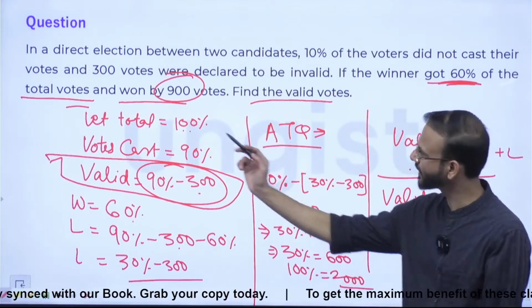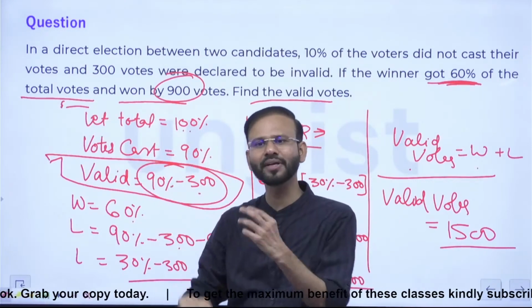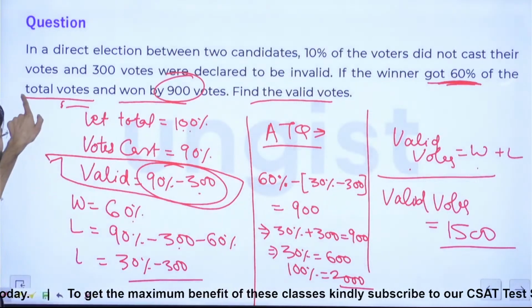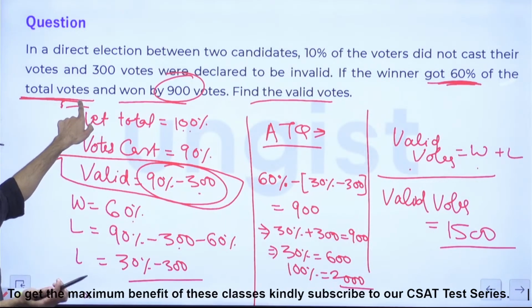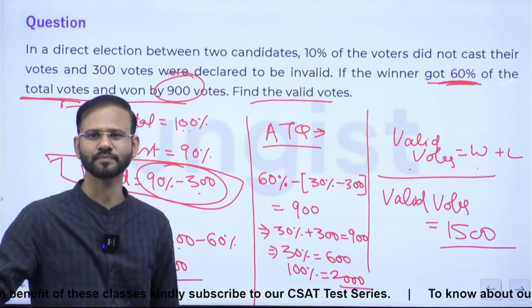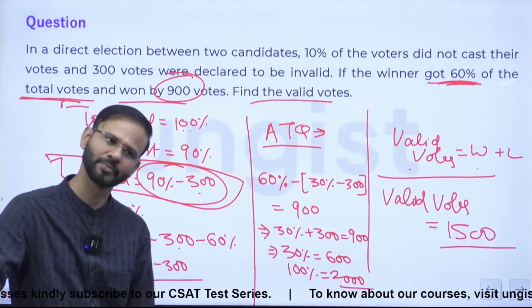ये डिसाइड आप कैसे करेंगे? ये डिसाइड करेंगे आप यहां से। भाई पिछले क्वेश्चन में और इस क्वेश्चन में क्या डिफरेंस है? द ओनली डिफरेंस इज हियर इट इज गिवन दैट 60% ऑफ द टोटल वोट्स। अगर यहां पे लिखा होता 60% ऑफ द वैलिड वोट्स तो इजी होता। गेटिंग इट? एवरीबॉडी क्लियर नाउ? राइट? प्लीज नोट इट डाउन।